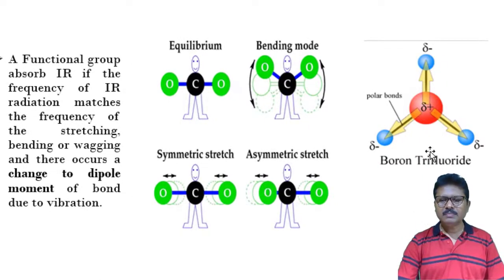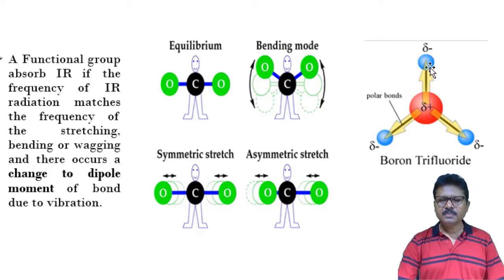A particular molecule can be explained like this. Say this is the orientation of atoms in a particular molecule. This is one atom, this is another atom. These two atoms form a dipole. Due to the electronegativity property, this one will have a lower charge with respect to this one, or this one will have a higher charge. So this might be defined as del minus charge and this might be defined as del plus charge. So this will form a dipole, meaning this is a polar bond. Similarly this is another polar bond, this is another polar bond.